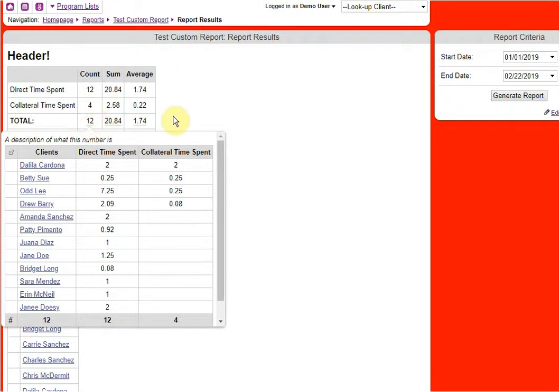in the number and what you're trying to get at. All right, so